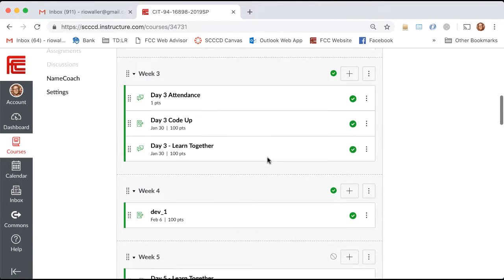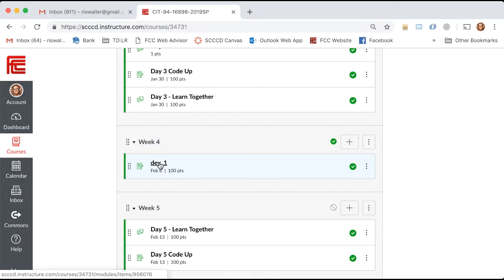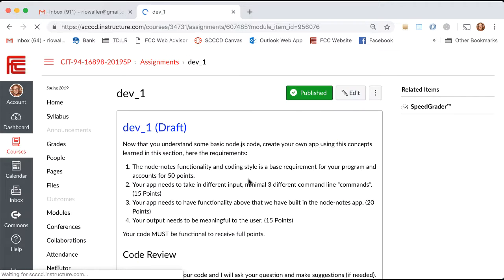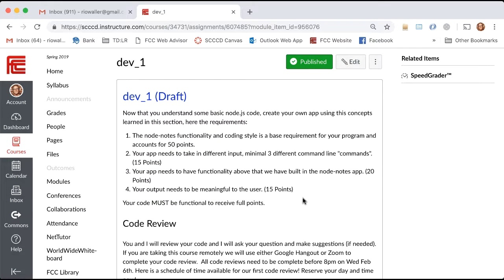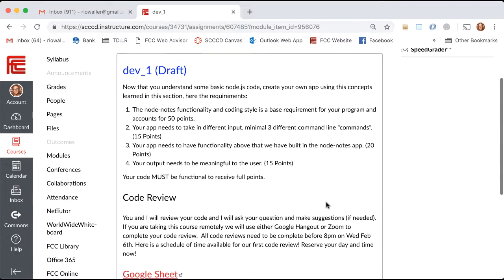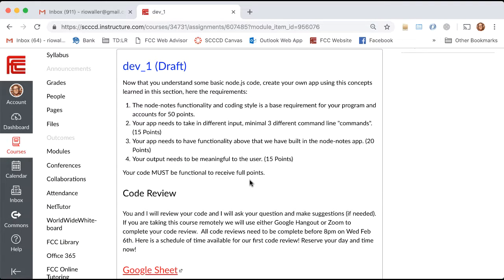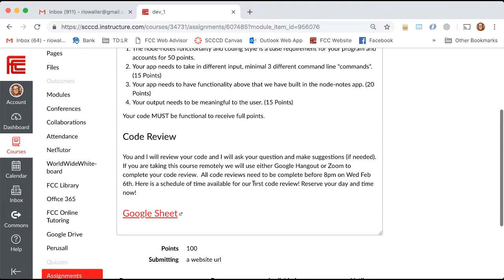Alright, so here's the other thing I've done is on Dev 4, which is next week, right? So this will be week 4, day 4. I've provided, in addition to the draft of this here, the timing, right? So of course you can look through these, ask me any questions about it. But this is what in our day 3 class discussion we're going to discuss in a little more detail, because you all need to do a code review with me, okay?